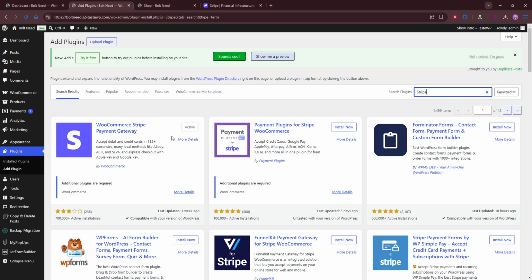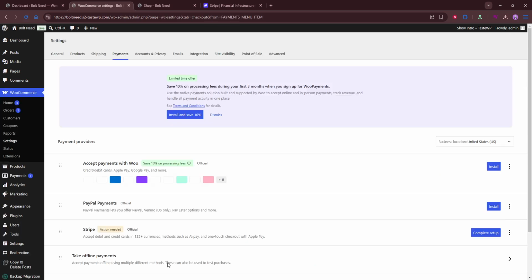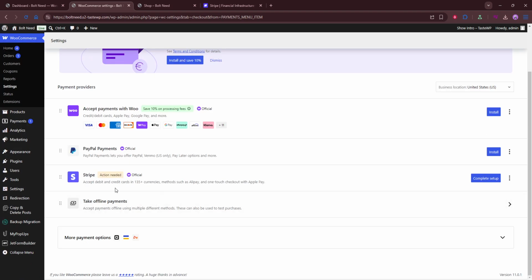Now head over to WooCommerce, then Settings, and open the Payments tab. This is where you manage the payment methods available on your store. Find Stripe in the list and enable it. Turning it on makes the gateway available, but there are still a few important settings to review before it's ready